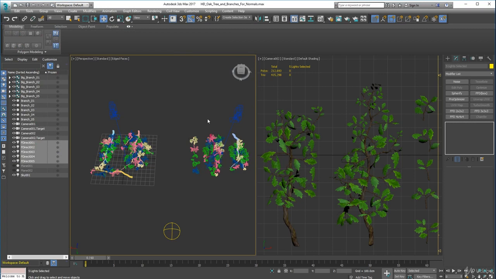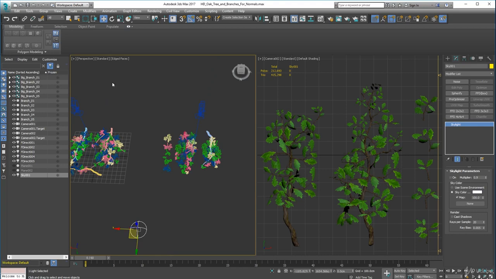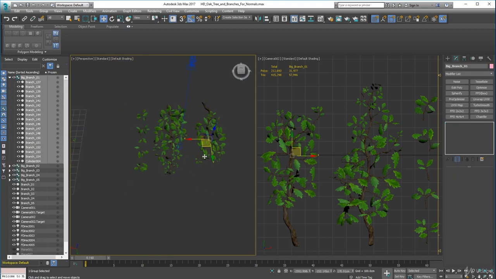Okay, there's a few things we have to do. We have to change the materials. In fact, the first thing is turn our skylight off. We no longer need that. Let's turn off our edges. Next thing to do is to change the materials on these. So if we go into our material editor,